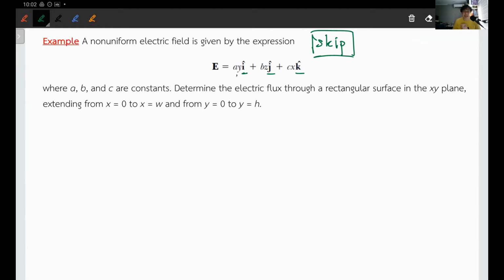The reason I say it's a highlight, and I said, if you understand how to calculate the,